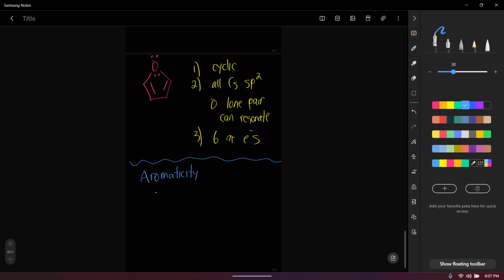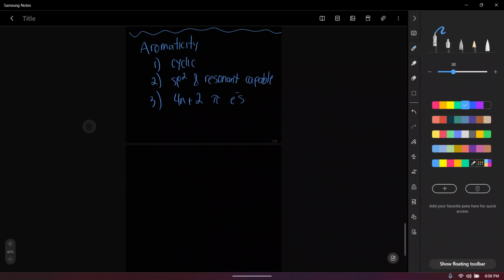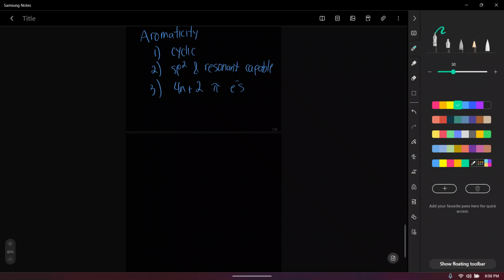So aromaticity: cyclic, sp2 or resonant capable, and 4n plus 2 pi electrons. Okay. Now it turns out that there's something that's very closely related to aromaticity,